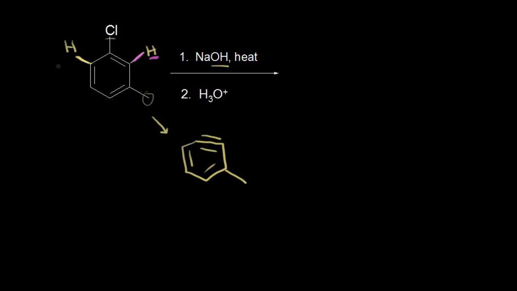Of course, we could have taken off this proton. So sodium hydroxide could have taken off that proton, and your halogen could have left in the elimination step to form another benzyne. And this time it would be between this hydrogen and the chlorine, so it would be over here. So the benzyne would have to be over on that side, and so we could go ahead and draw our benzyne